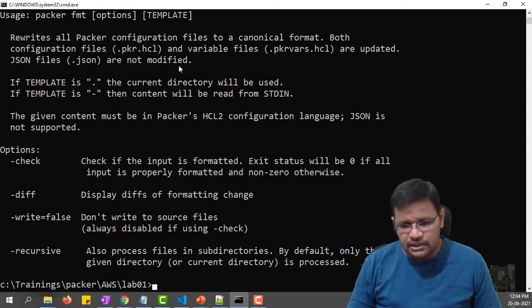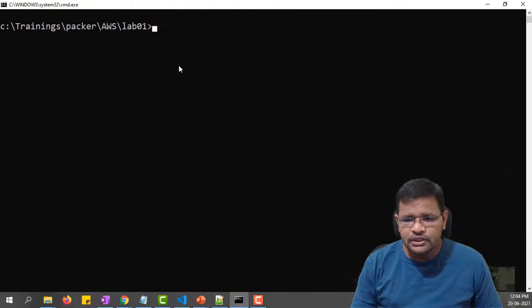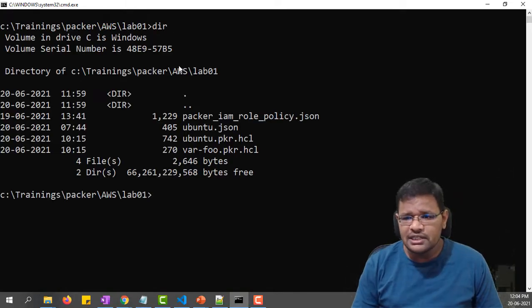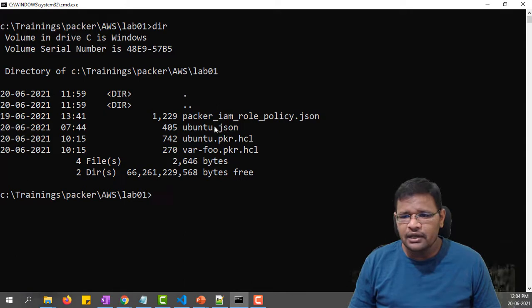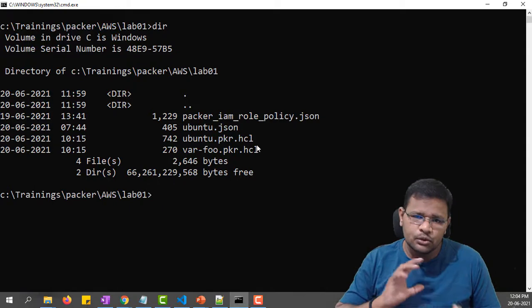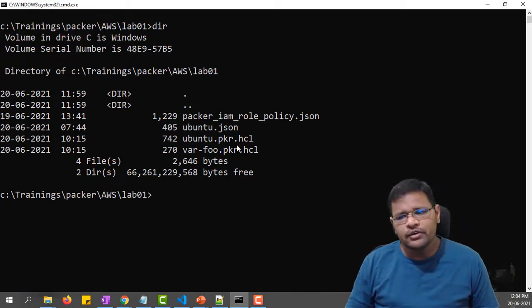Now we'll run Packer initialization. Before that, let me see what files I have. I have the Packer IAM role file, which is another file, the ubuntu.json and ubuntu.packer.hcl. Ubuntu.packer.hcl is in the new HCL2 language, where we have to give the file extension as .packer.hcl.